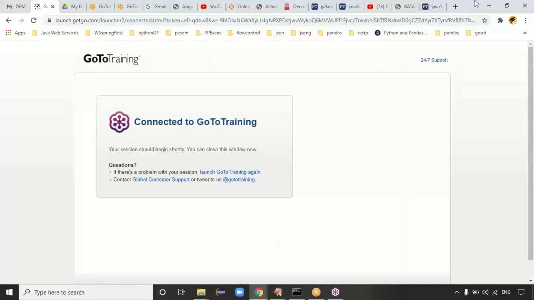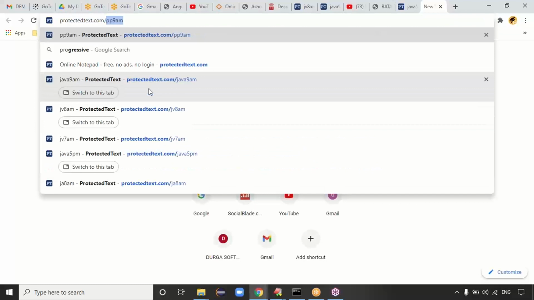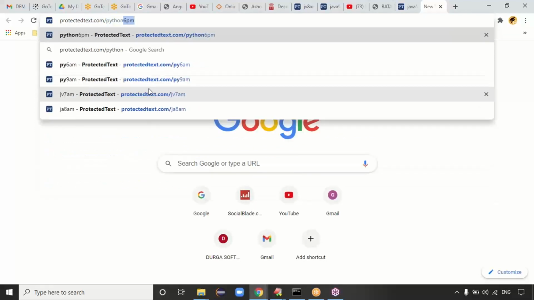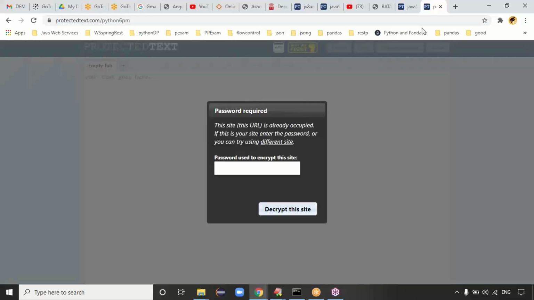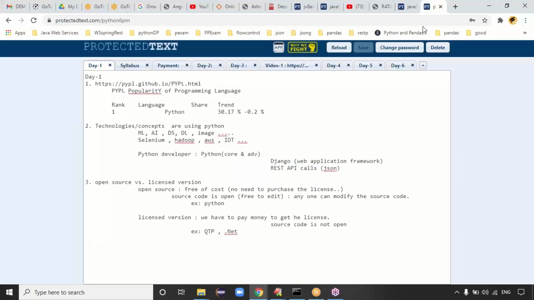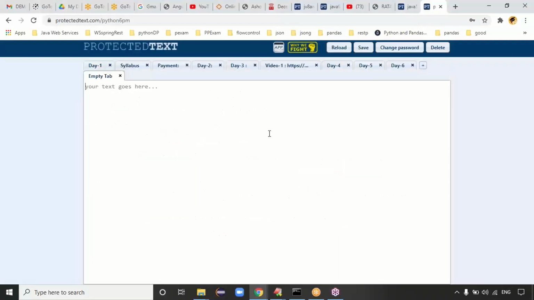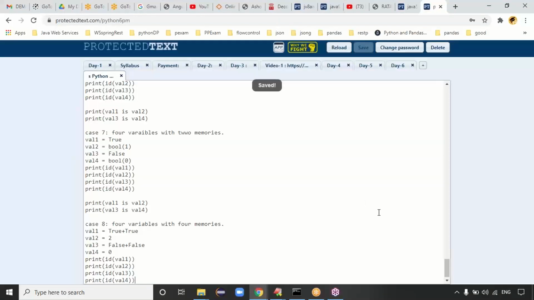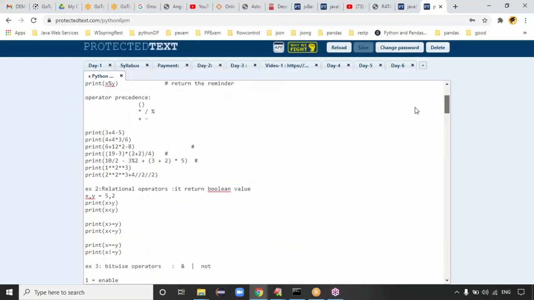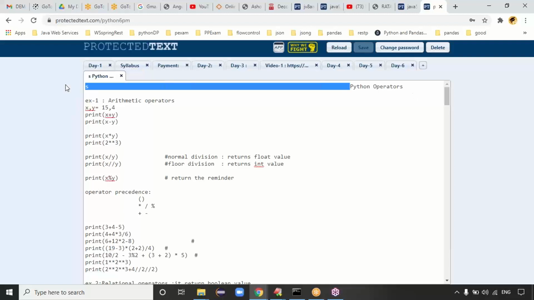Guys, that's our first part of the operators, and one more class is required. Tomorrow we will meet, and tomorrow's class will complete the operators concept. I'll upload this video on YouTube definitely. If you have any questions, listen to the video again and try to get the clarity. Today we started the second chapter, called the operators concept. I placed the complete operators concept here. Try to check the operators, right? Is that clear now?